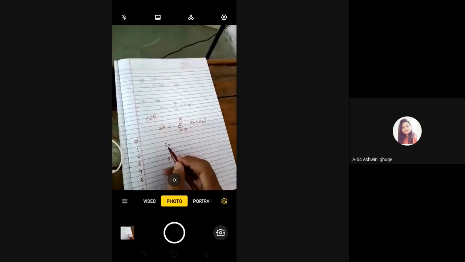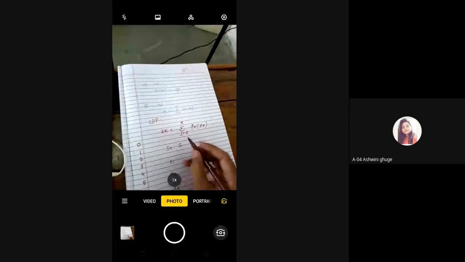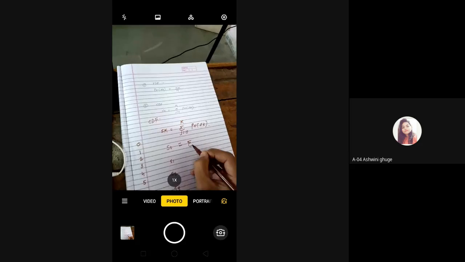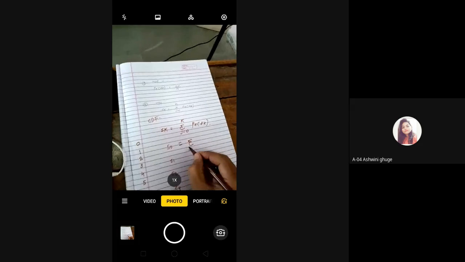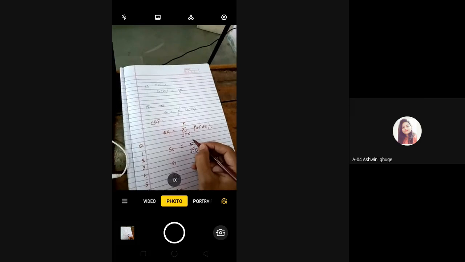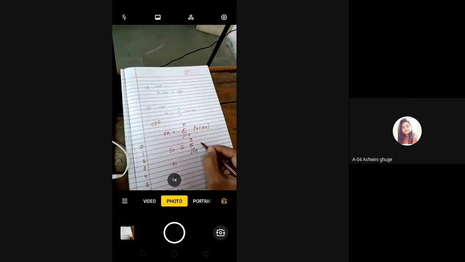Now first we have to calculate S0. Now everyone concentrate. So for S0, we have to calculate the CDF function. Now what is the range for S0? The pixel value can start with 0, so here we can put the value of k as 0 and here the probability